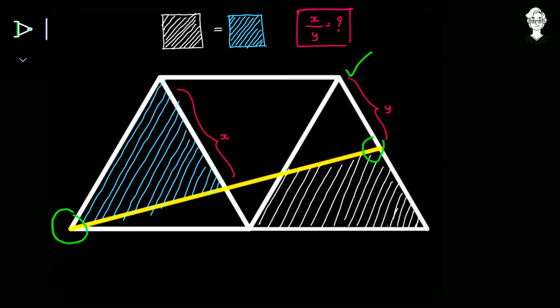Now the specification of this line segment is that it divides the first and the third equilateral triangle in such a way that this blue area is equal to the area of white. So this is the eye-catching part: this line segment is specific because it divides in such a way that the areas are equal to each other. All you have to find from here is the ratio of x upon y. So let us see its solution, which is the path to reach that beautiful answer.